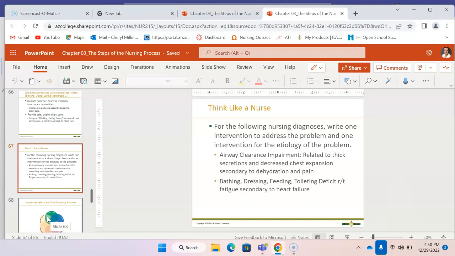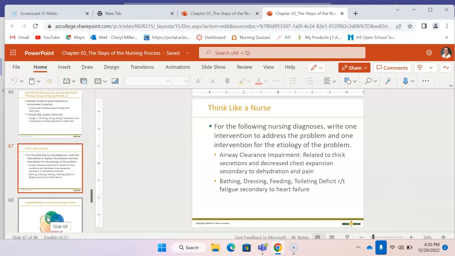Drink more water. Encourage fluids. Okay. Airway clearance impairment, thick secretions, decreased chest expansion. Chest expansion, pain. Wouldn't I also tell them to use an incentive spirometer and splint because of the pain, especially a post-surgical